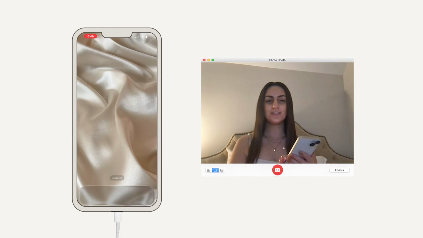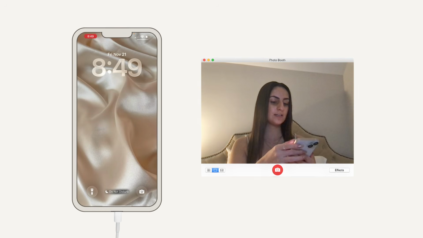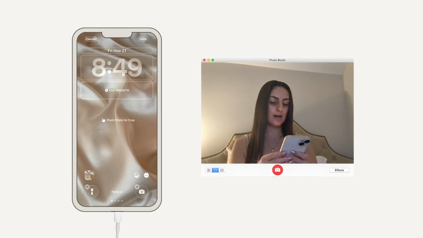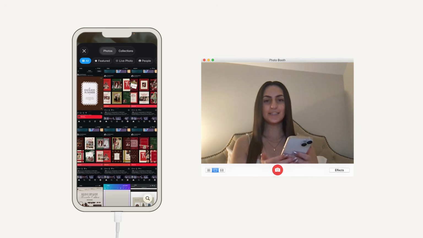So the first thing I'm going to do is change my wallpapers, and to do that, go ahead and swipe down from the upper left-hand corner of your screen and then long press to bring up the customization options, and then tap on customize, and then tap on this little box kind of towards the bottom. And then this is going to bring up our photo library, so we can go ahead and choose our wallpaper